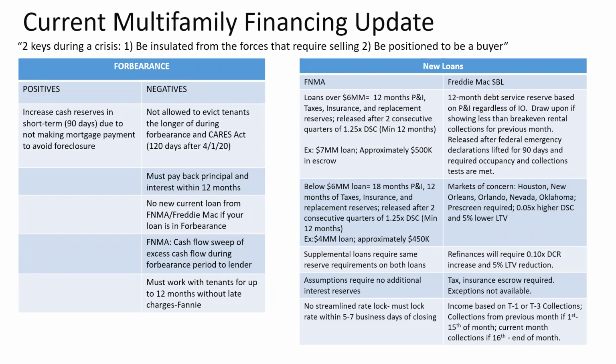And on the Freddie Mac side, let's jump over there. They're making you put up 12 months, also of P&I, and they're doing the escrows for taxes and insurance, but it's typically just the 3-month escrow that you would do. But now, similar to Fannie in terms of pre-review, they have markets of concern that they want pre-screened. So Houston, New Orleans, Orlando, Nevada, Oklahoma, basically any markets based in tourism or with a high concentration of energy, they're going to want higher debt service and lower LTV. They're doing that on refis as well.